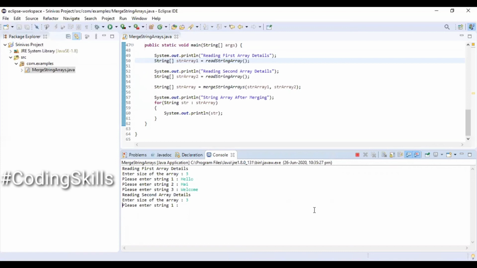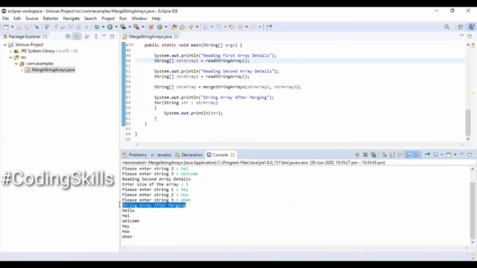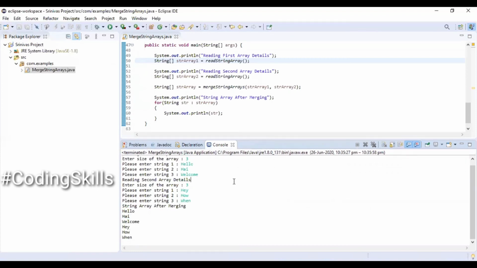We'll be entering 3 more values. None of the values are duplicated, so hence we should see all 6 values by combining both the string arrays.